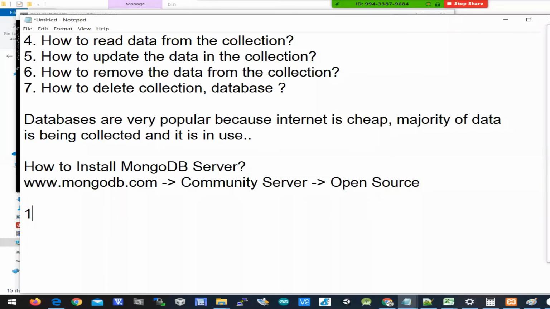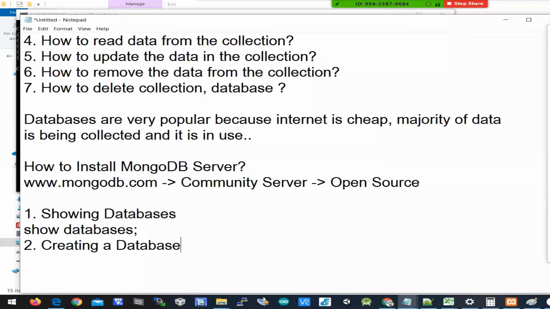So the first command is for showing databases. The command is show databases; which shows the databases existing in the server. Next, creating a database. Creating a database is nothing but use database name. Then a database will be created.